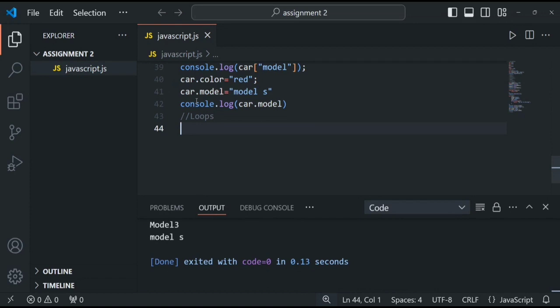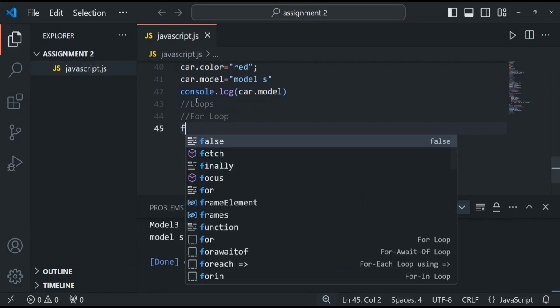Let us see about the for loop. The for loop is commonly used to iterate over arrays or run a block of code a certain number of times. For example,